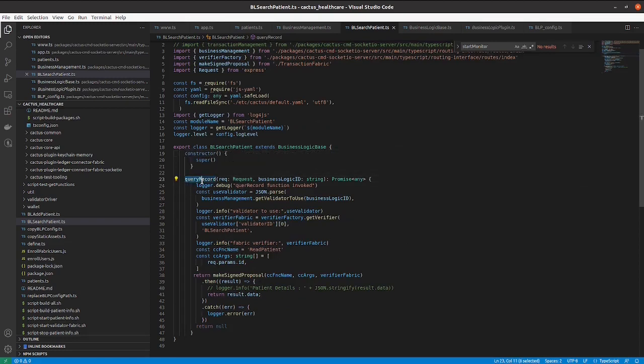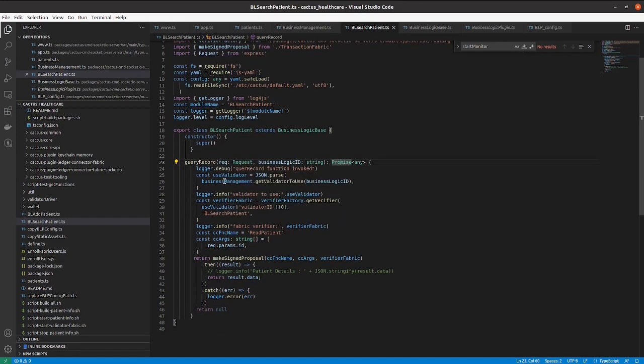Now in this method query record, we are passing request and business logic ID, and this also an asynchronous method returning a promise. First it is creating a validator and then a verifier object. To connect to the ledger, we need validator and a verifier object.